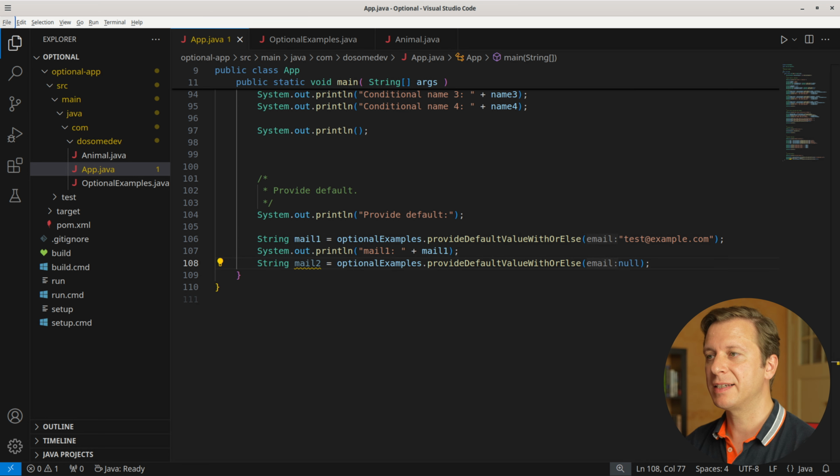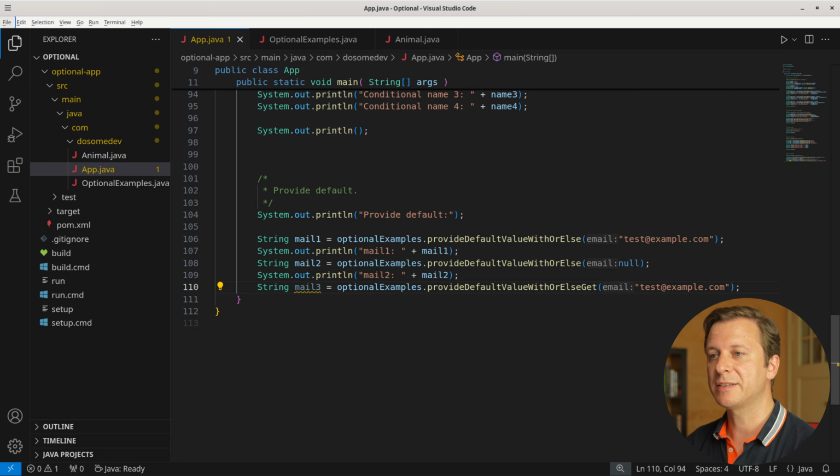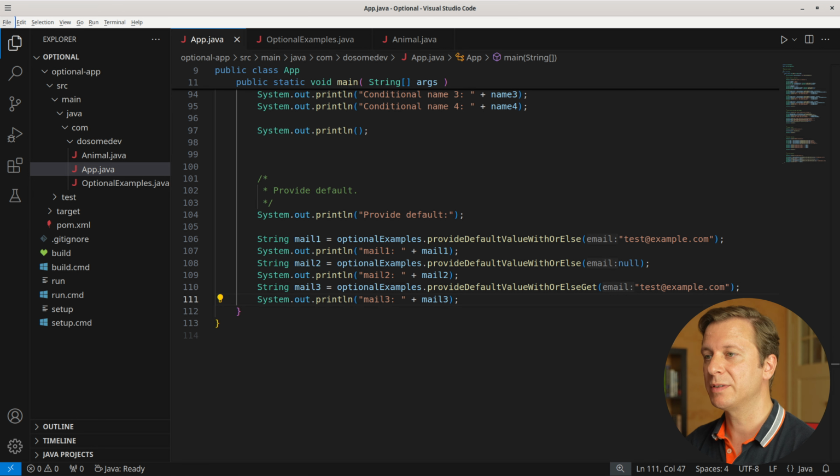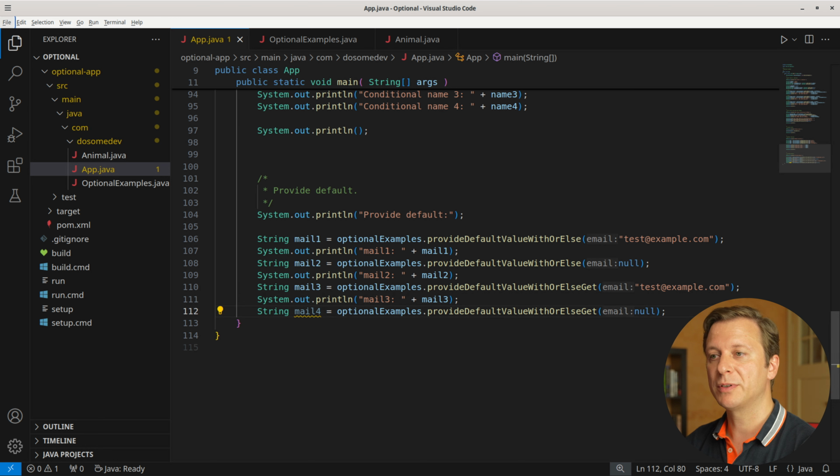And then we create a second test accessing the same method, provide default value with orElse, but this time we provide null, and save it in a string variable mail2, followed by printing mail2 to the terminal. Now let's create another string variable mail3, in which we access provide default value with orElseGet, in which we provide test@example.com, then we print it to the terminal, and then we create a fourth string variable,